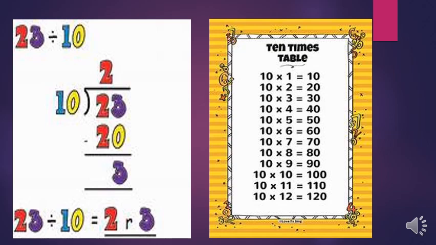So it means 10 twos are 20. 20 is nearer to 23, so we have to take 20 only. So 10 twos are 20. After this, we have to do minus. 23 minus 20. So we start from the ones place. 3 minus 0. In minus, if you minus 0 from any number, the answer will be that number, not 0. Look here, 3 minus 0, it means the answer will be 3 only. And 2 minus 2, obviously the same number, it will become 0. So what is the answer? 10 twos are 20. Okay.